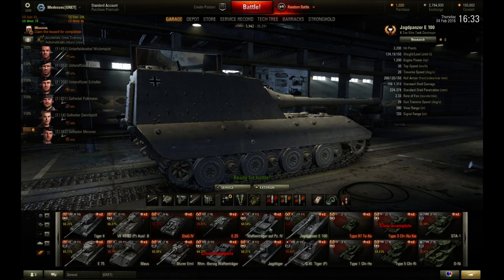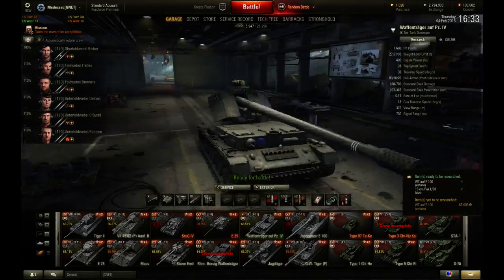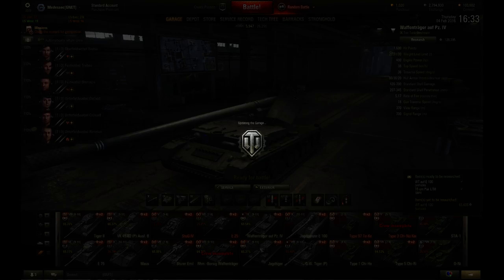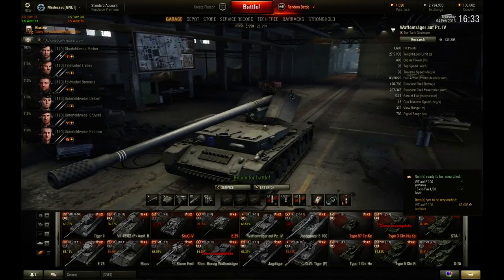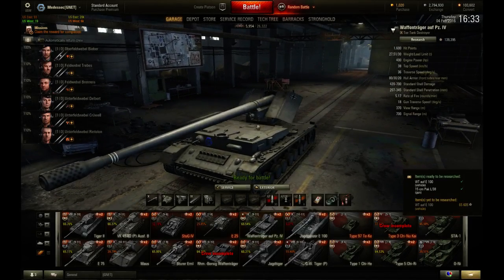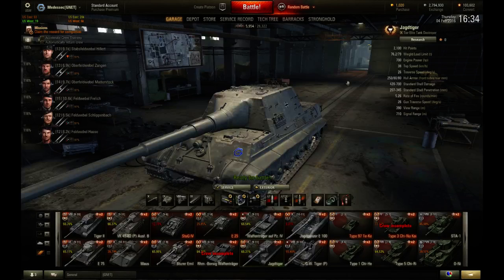Now, I'm not going to be showing you how to skin non-HD tanks because they will eventually become a thing of the past, and you might as well skin only HD tanks. If you skin a tank like this, and then eventually the HD model will come, it will render it irrelevant. So I'm going to be showing you how to skin HD tanks in World of Tanks, like this Jagdtiger, and